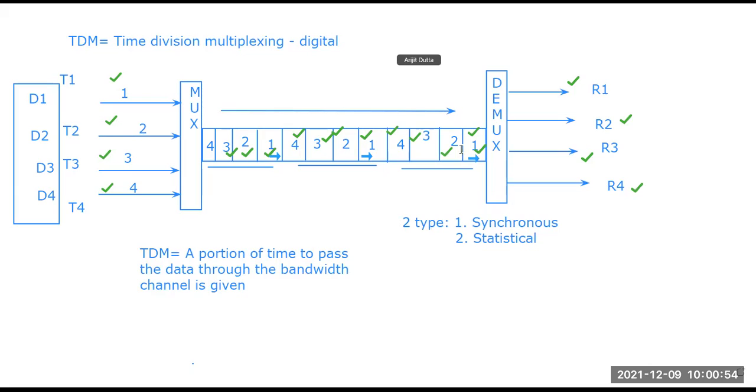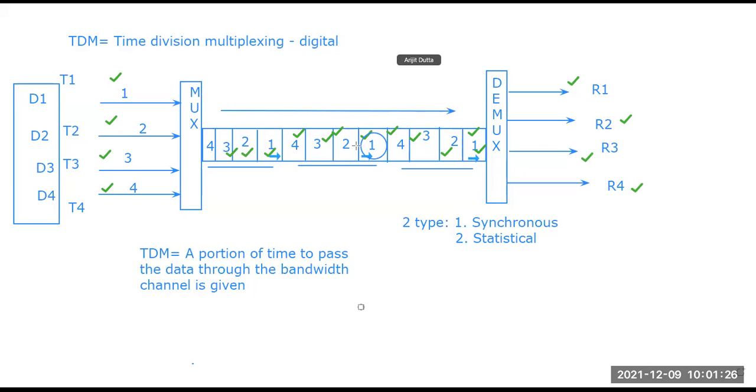So D1, when the time was given, D1 has 1 bit of data. Now again, when the opportunity of D1 comes in this scenario, if I highlight this one, again this is the part of D1. So when the opportunity of D1 comes here again, D1 has nothing to send, right? Because D1 had 1 bit of data and it has already sent it in the first case. But here, when it is the opportunity of D1 to send some data again, it will not be there.